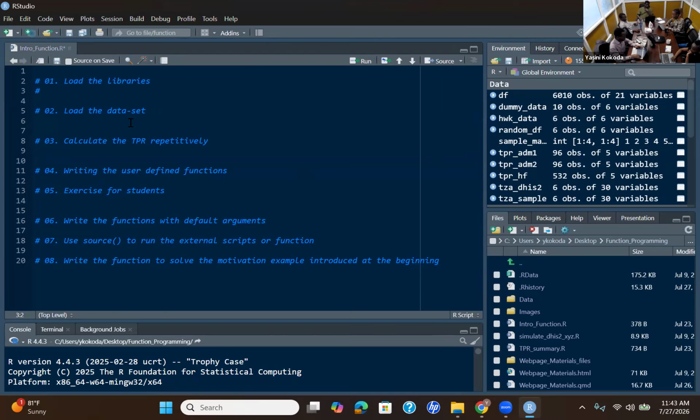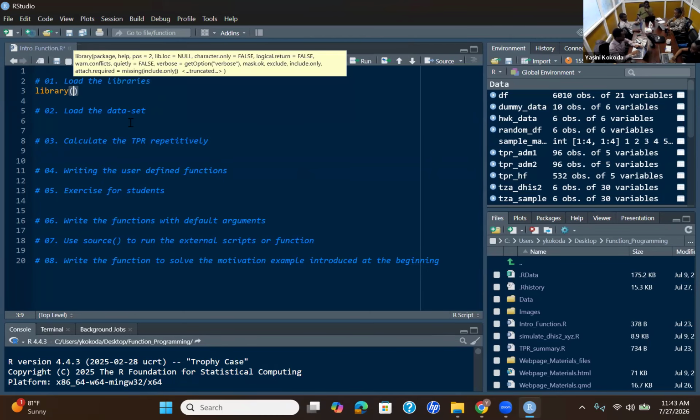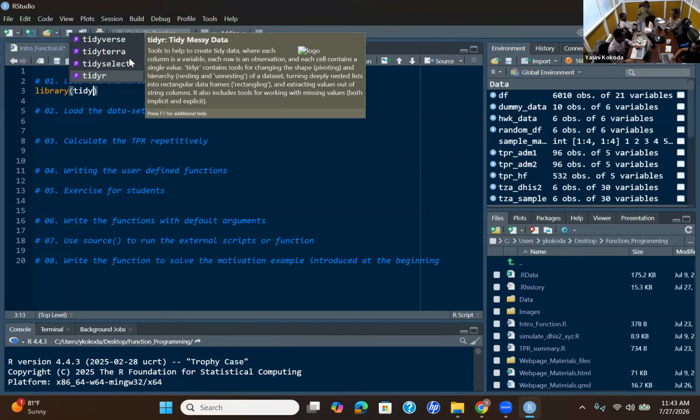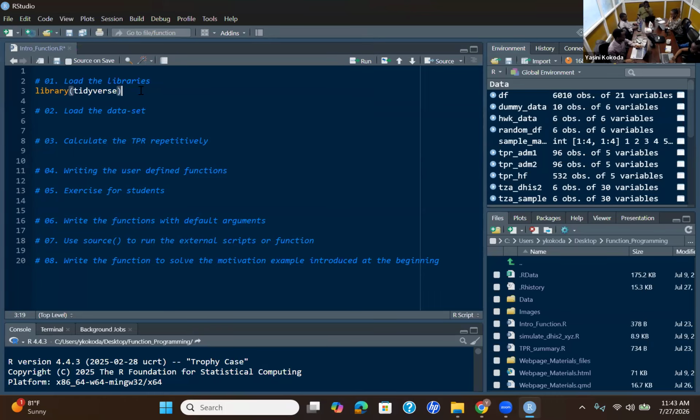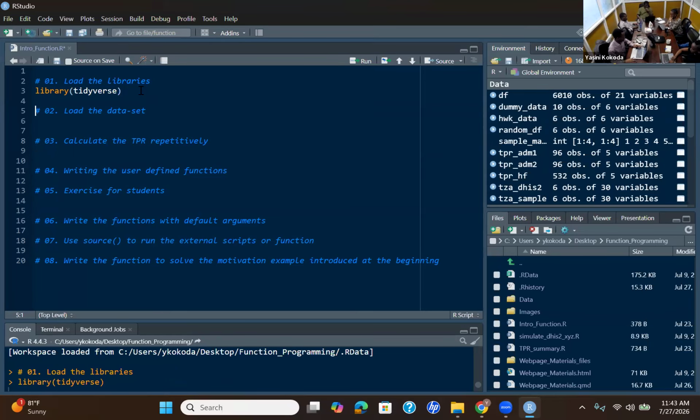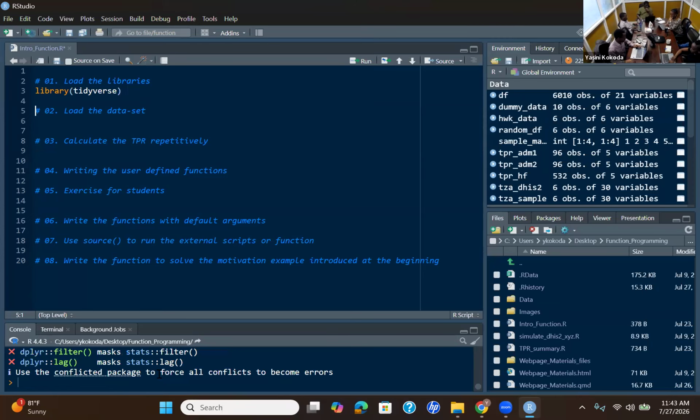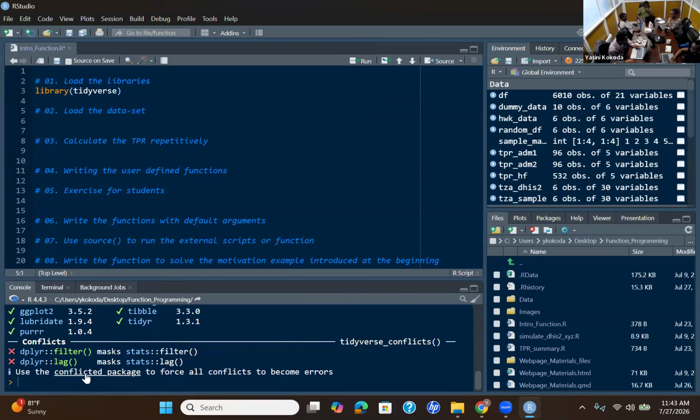So to start, I would like you to load the library we are going to use in our analysis, which will help us with the data summary. And I think for ease, you just load Tidyverse, which is the collection of packages. You don't need to load many packages. So you can load Tidyverse. And then what am I getting? Conflicted package message.